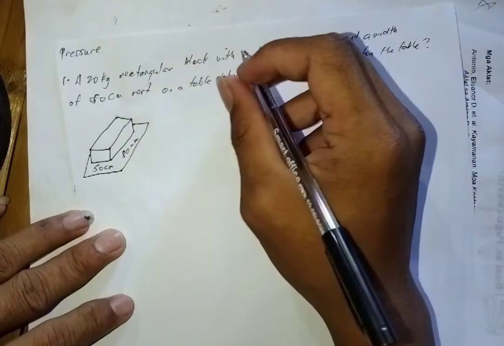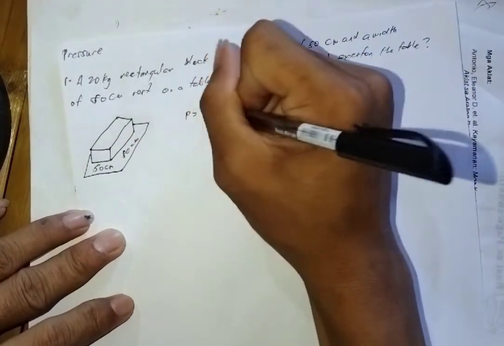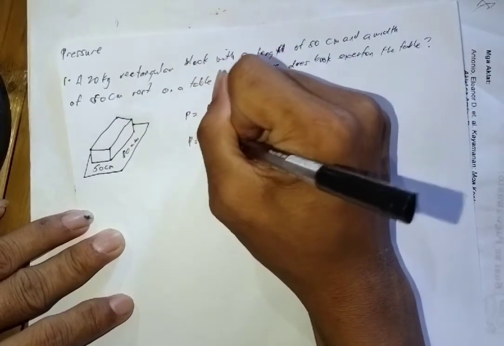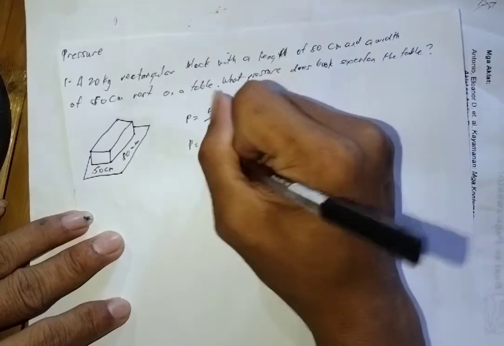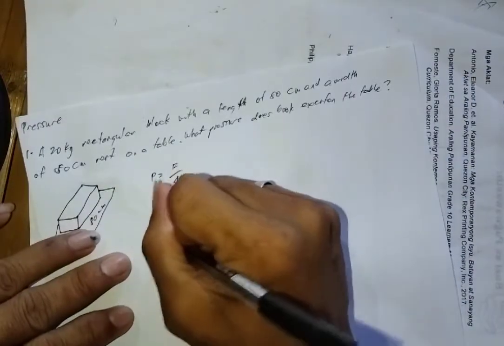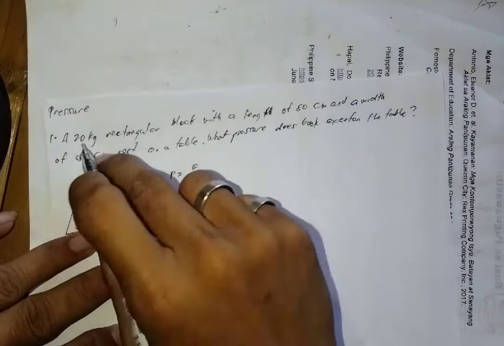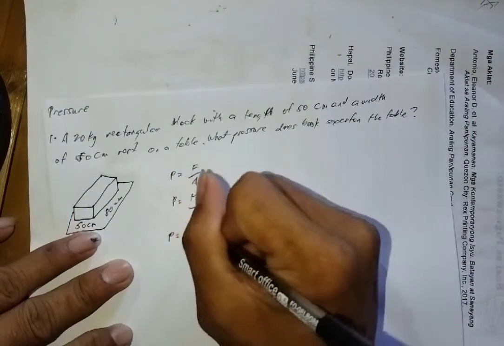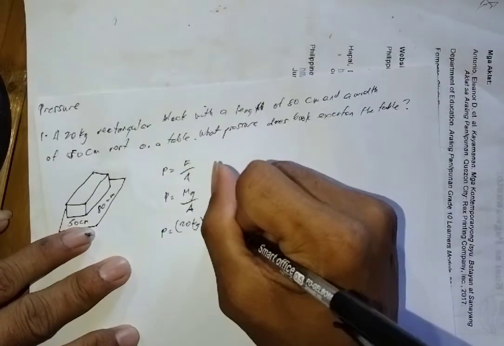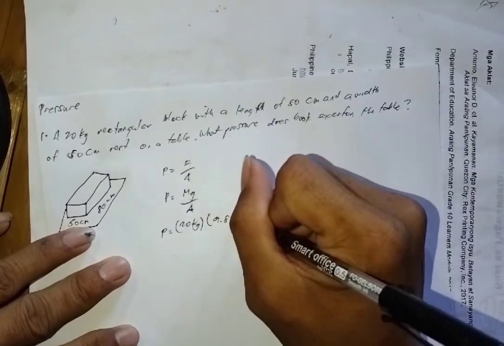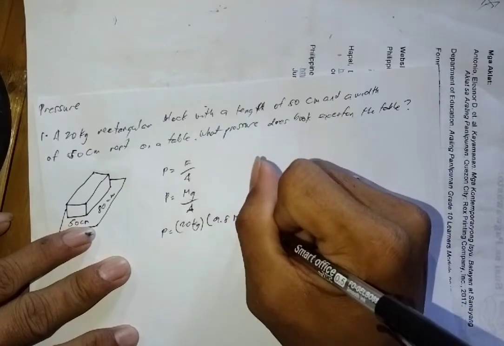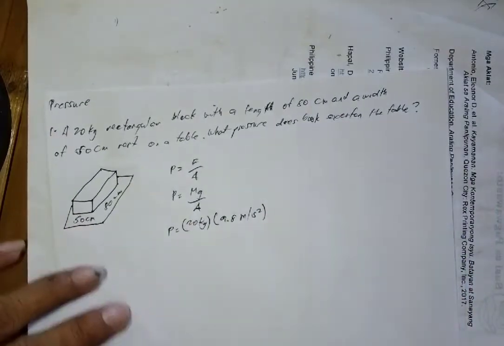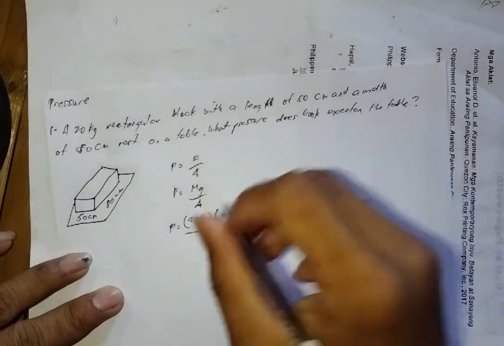The formula that we're going to use is P equals F over area. Substitute: P equals mg over A. P is equal to 20 kilogram times 9.8 meter per second squared. This is our gravitational acceleration, over